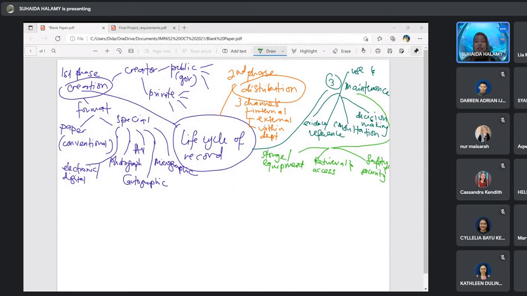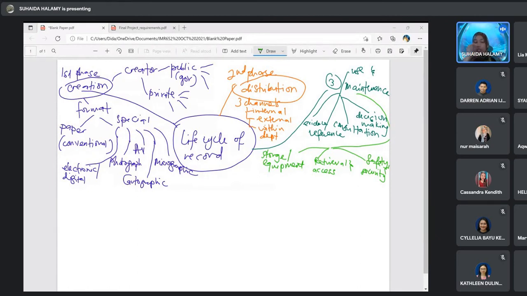We measure using degree Celsius. Kita tak pakai Fahrenheit, Malaysia pakai common dengan Celsius.